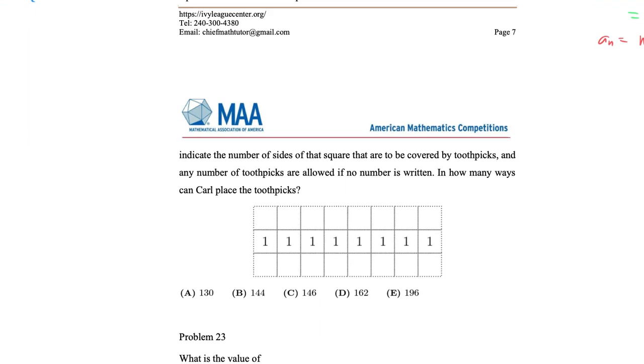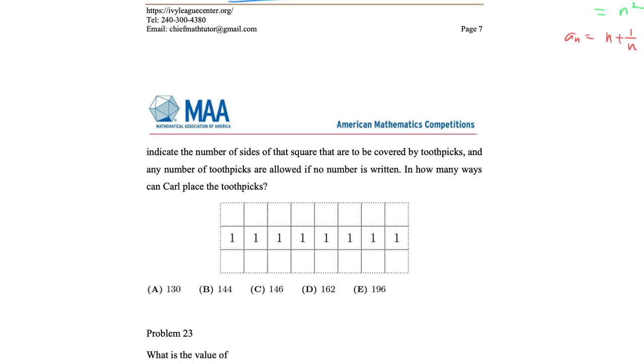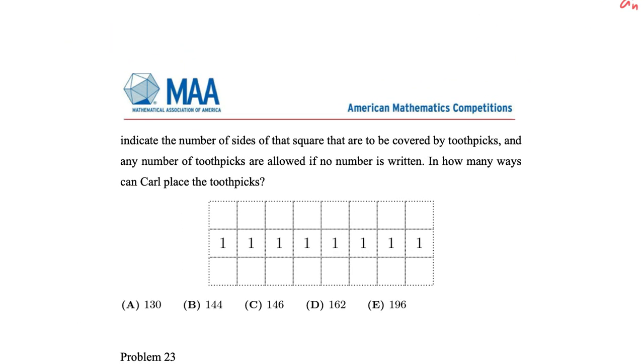So for this next question, we want to fence this board. A closed loop that does not intersect itself. The numbers in the cells indicate the number of sides of that square that are to be covered by toothpicks. For this next one, again, I have to emphasize the importance of playing around with the problem. So here, you can first play around, and then you immediately would notice that you can't choose this edge as a toothpick, because the moment you do that, you can never get to the other side. You get stuck